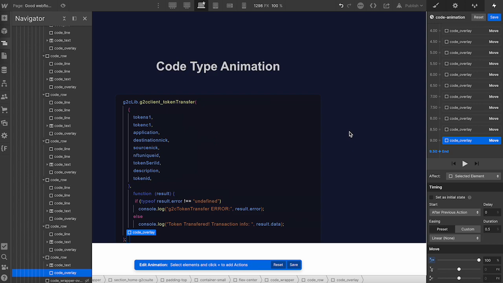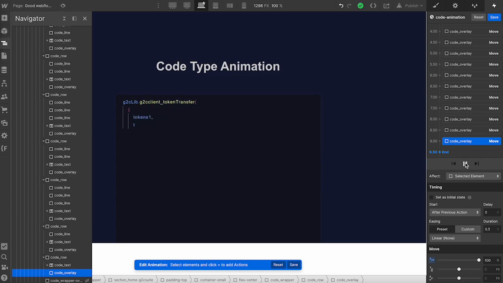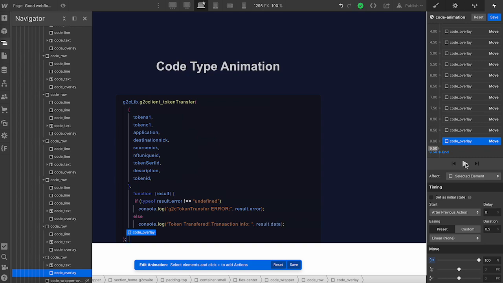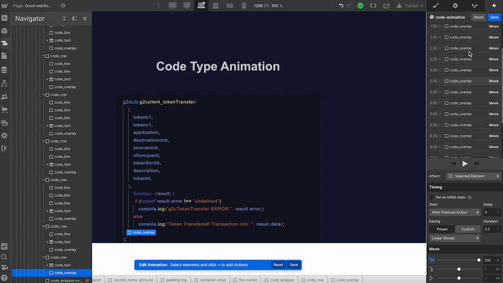So I got the rest of these animations in. I'm just going to test it now and see how things are looking. It's looking good. That's great. But there are a few little things that I would definitely try and fix. So you can see everything is working at the same time. So I'm going to maybe